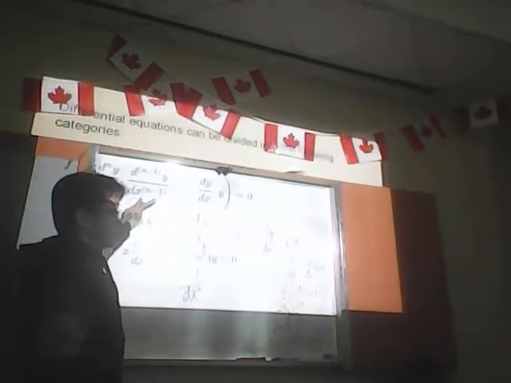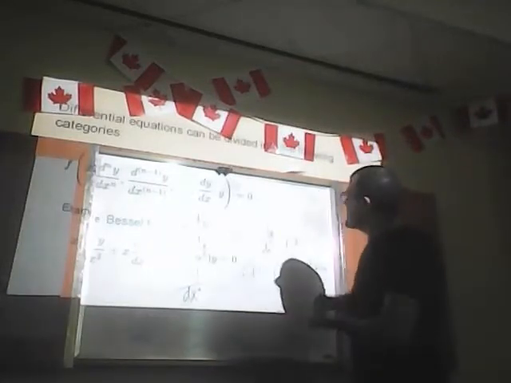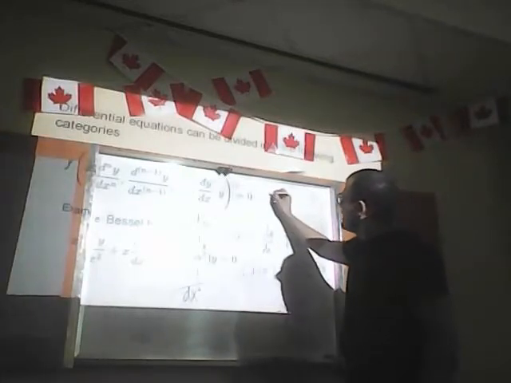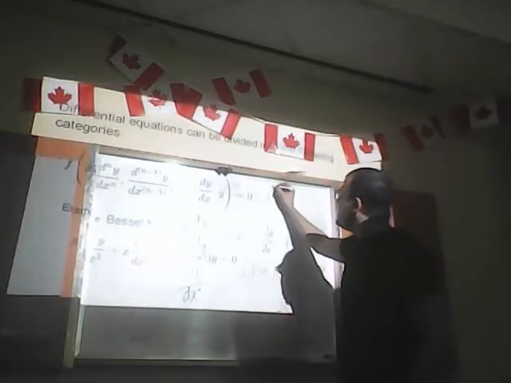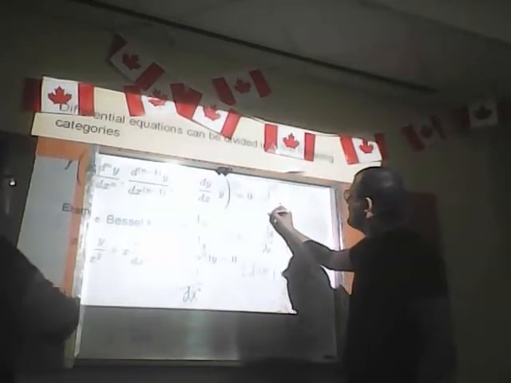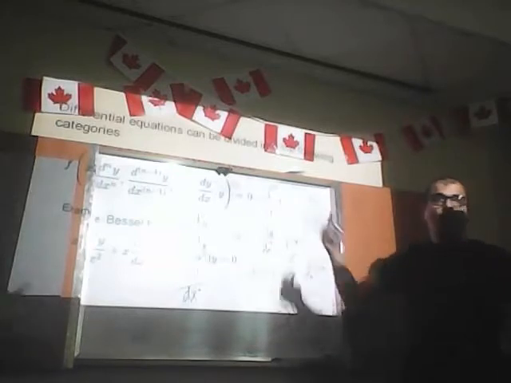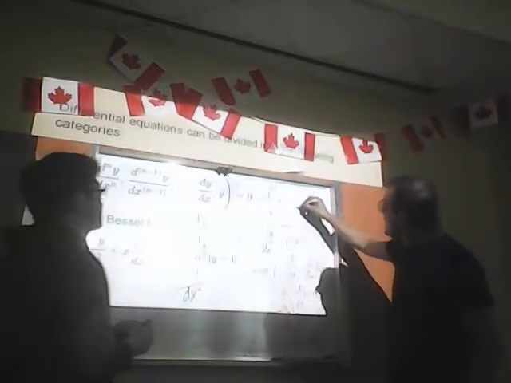This is actually a kind of chain. That's what Elvis is saying. For example, instead of n, imagine d to the fifth of y over dx to the fifth. It means you're taking the derivative of the fourth derivative. The fourth derivative is a derivative of the previous derivative. It's like steps on a staircase.